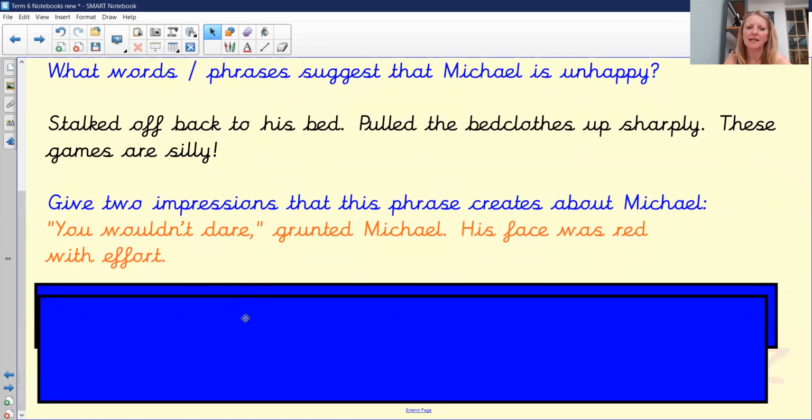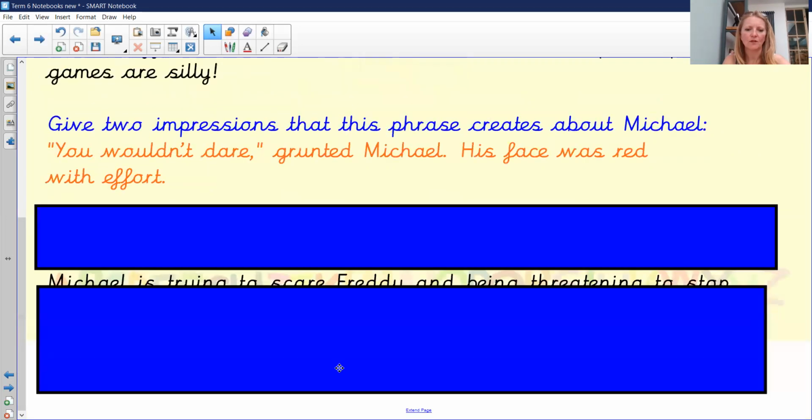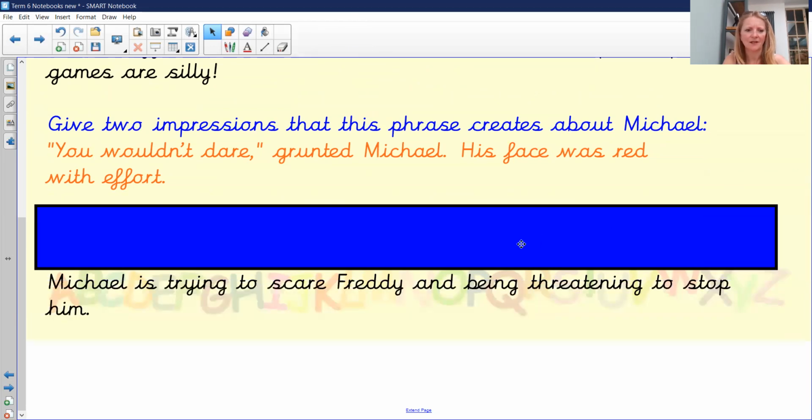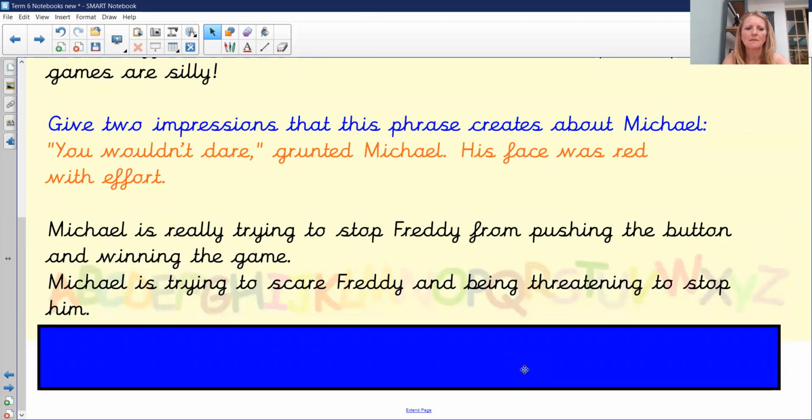And then finally, give 2 impressions that this phrase creates about Michael. "You wouldn't dare," grunted Michael, and his face was red with effort. So what do we think about Michael with those 2 sayings? Let's have a look. Michael is really trying to stop Freddie from pushing the button and winning the game.